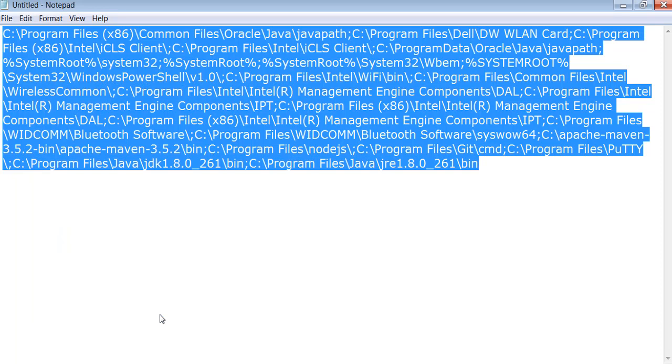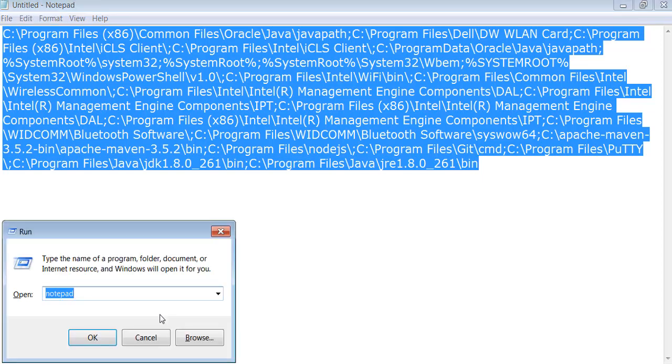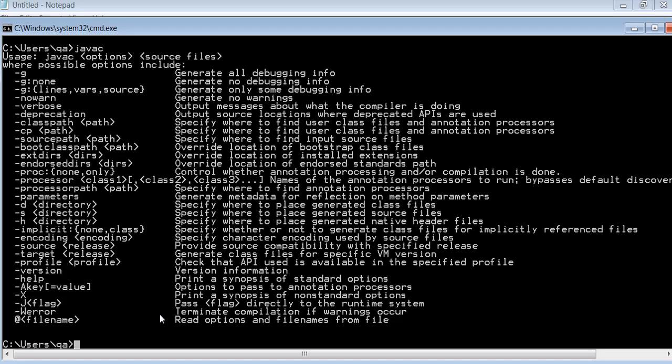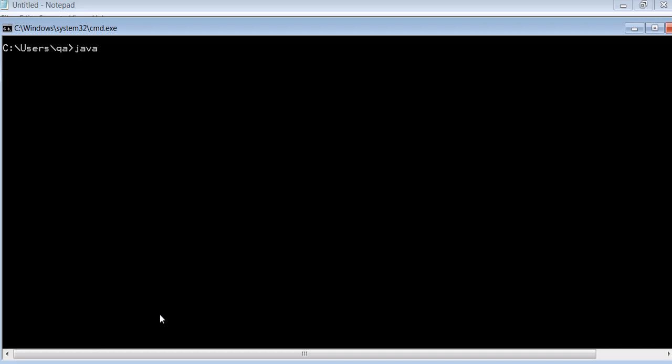After that, again press Windows key plus R to open the run command, type CMD to open the command line. Here we have to type javac. Okay, it is working fine. And after that, just type java -version.